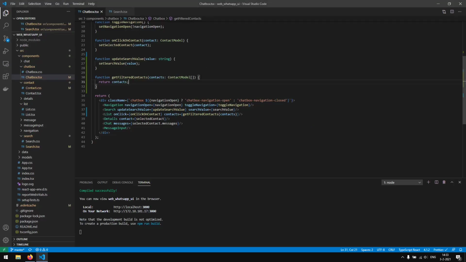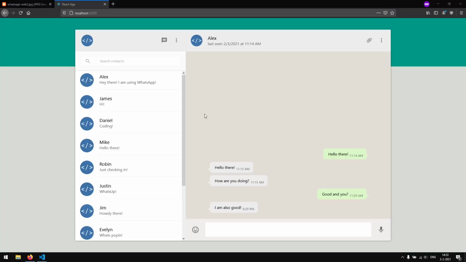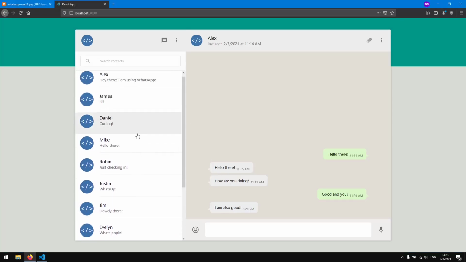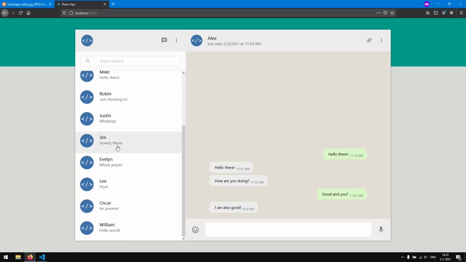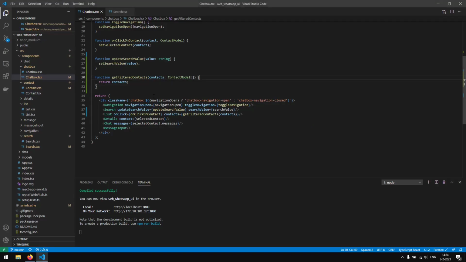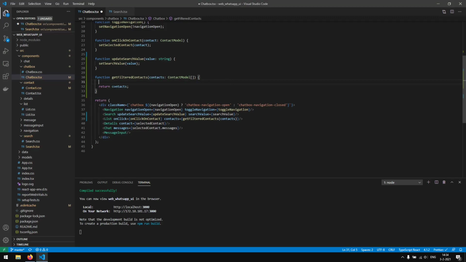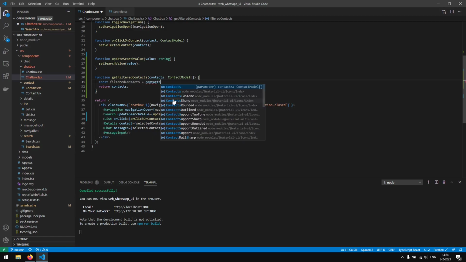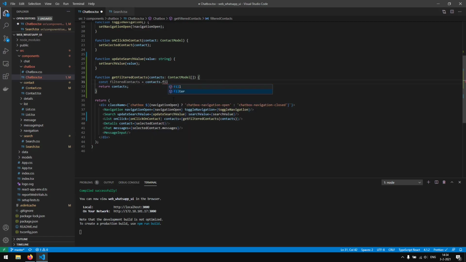And let's say, for example, we only want the contacts which start with, let's see, with the J. So we should get James, Justin, and Jim. So what we want to do right here is modify the array and create a new one with the filtered elements. So we can say const new contacts, or maybe even filtered contacts, equals contacts dot filter,